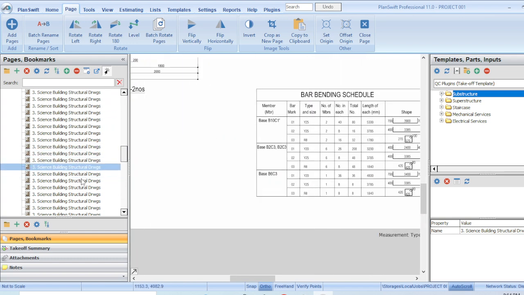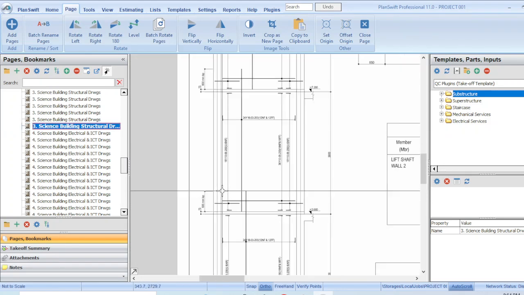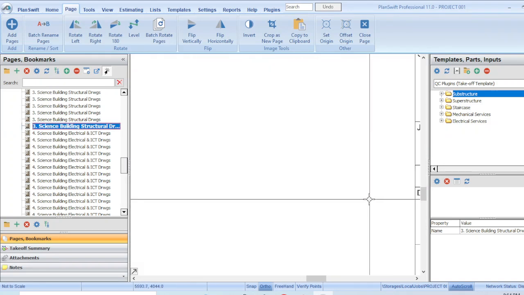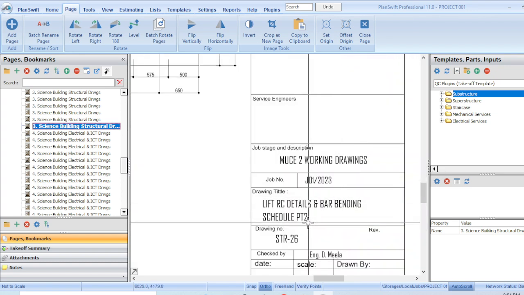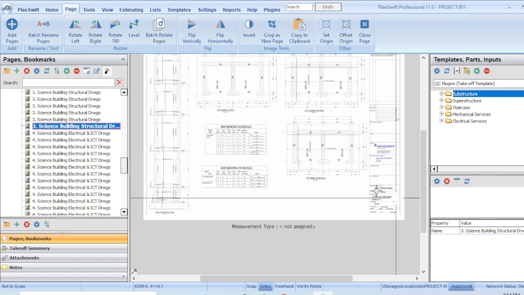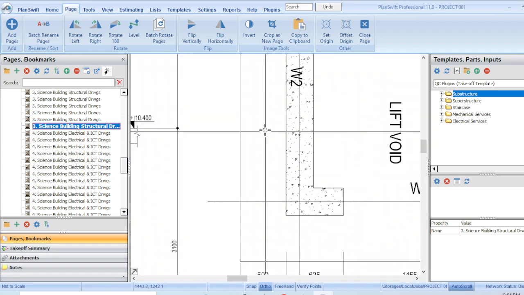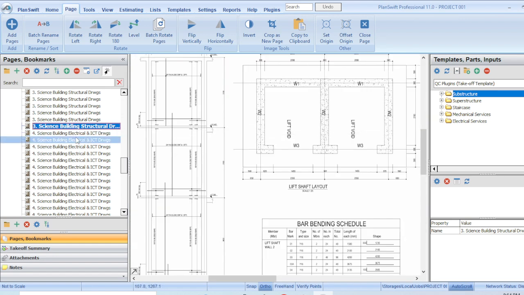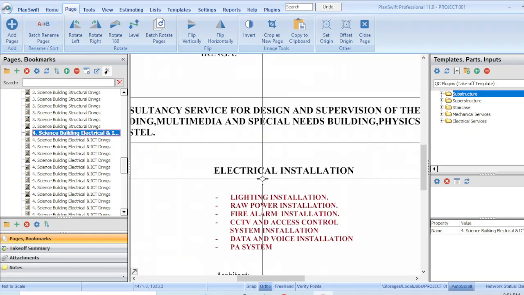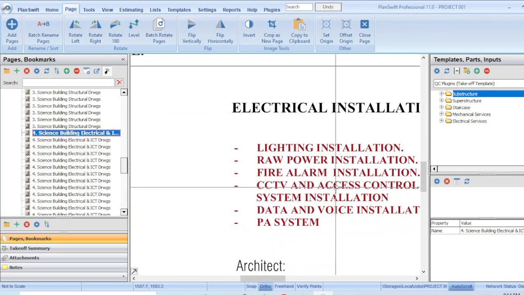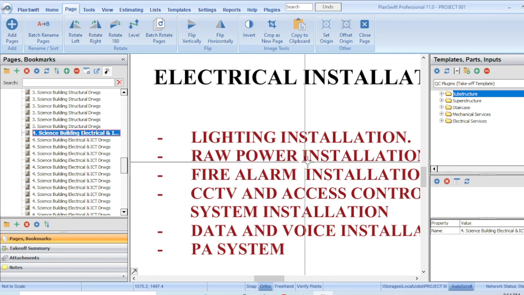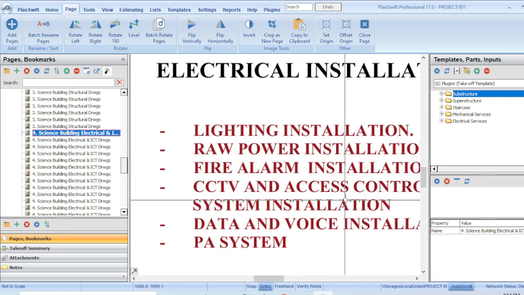So these are the structural drawings. We have a lot of them. This is lift, reinforce the concrete details and barbing schedule. We also have a lift in your project. You're going to measure it. You have the service drawings, starting with electrical drawings, lighting installation, low power installation, fire alarm installation, CCTV and access